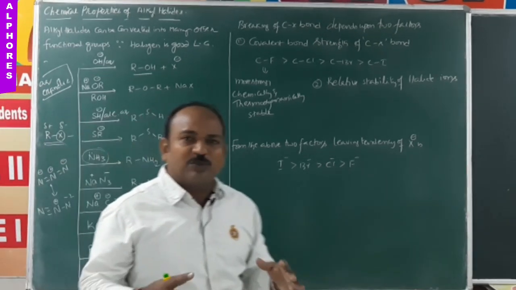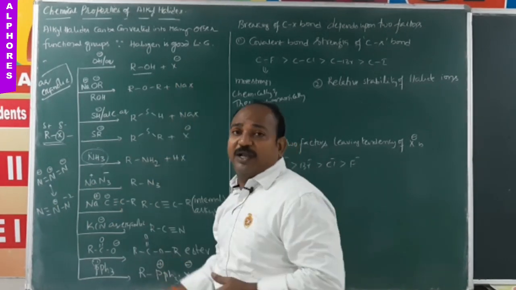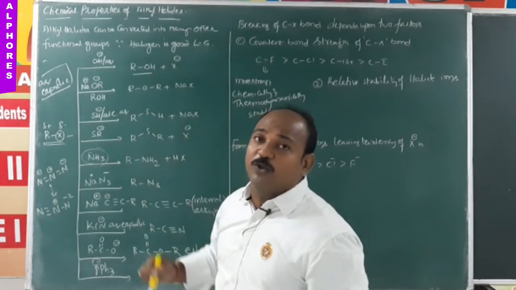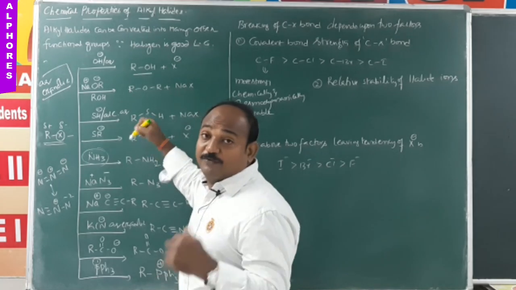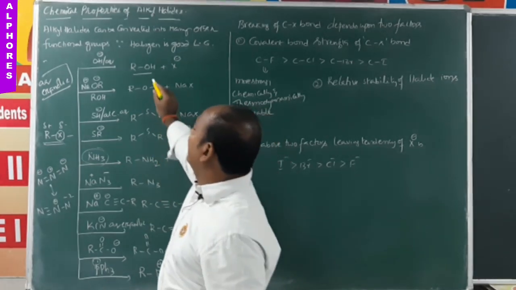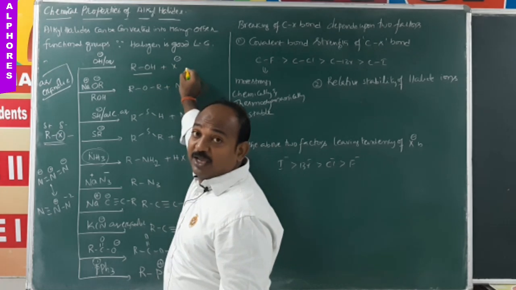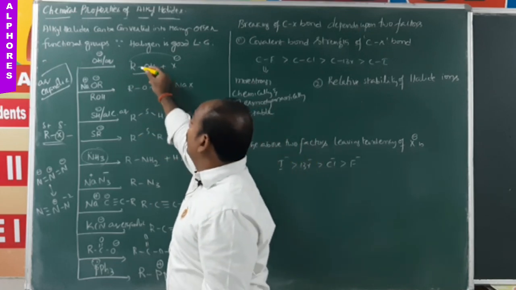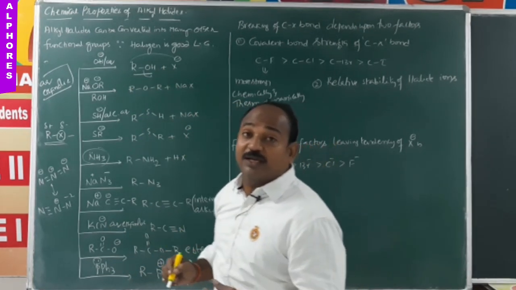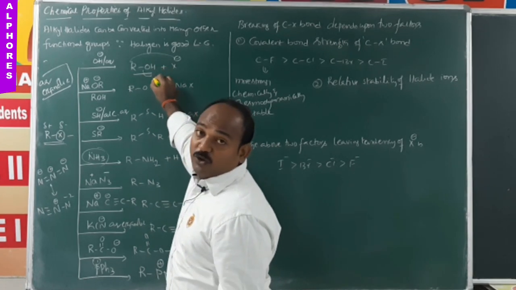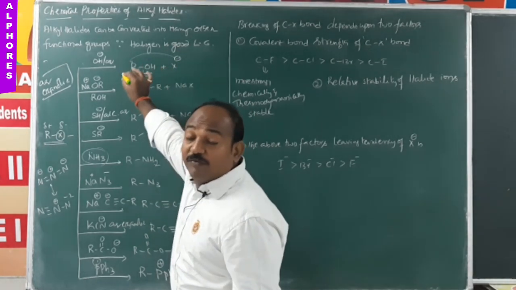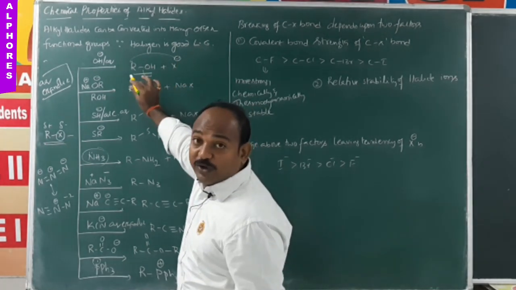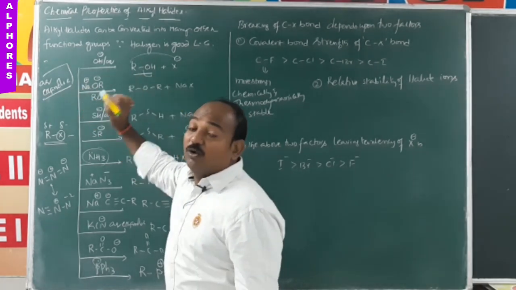Now is it possible for all nucleophiles? Generally, only a strong nucleophile can displace a weak nucleophile. We cannot expect ROH plus X minus. If I were to explain, X minus attacks this electrophilic carbon and OH comes out as OH minus. We cannot say that, because OH minus is a strong nucleophile and X minus is a weak nucleophile. A strong nucleophile cannot be displaced by a weak nucleophile. So in such a manner the reverse reaction does not take place.